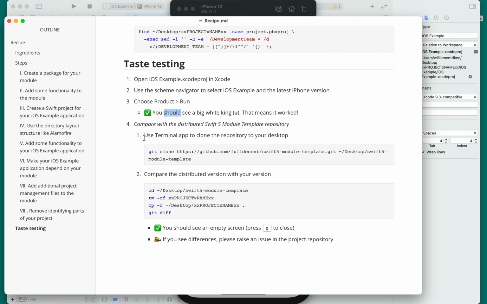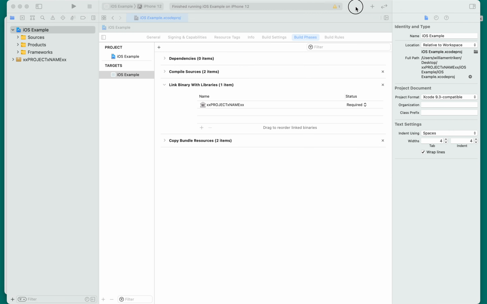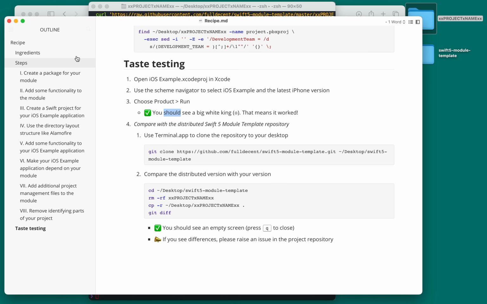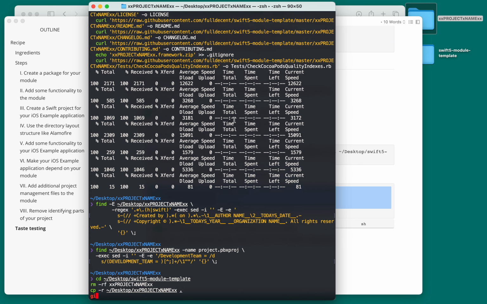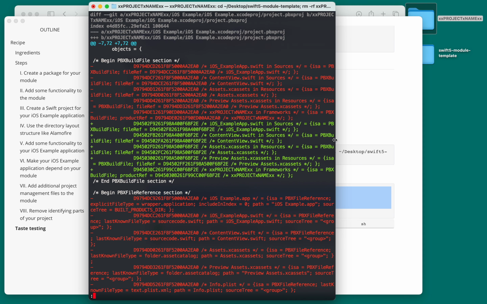Next, we want to make sure that the recipe and the instructions that you read are up to date, and that the thing that you just created on your end matches what's in the file that everybody else is going to download when they clone the repo. This is how we do that. So we can close this. We don't need that. We don't need this. So we will compare the distributed version, which is the repo, versus the one you just created by running the recipe. So we're going to copy this. I'm going to paste that in here. And we have